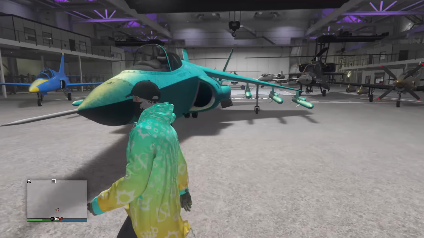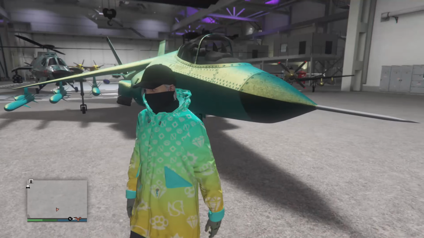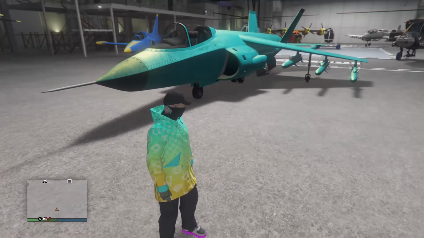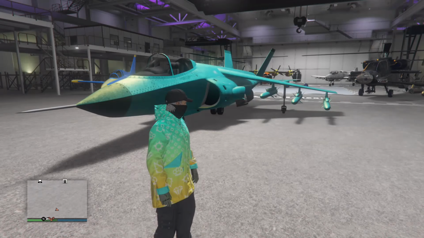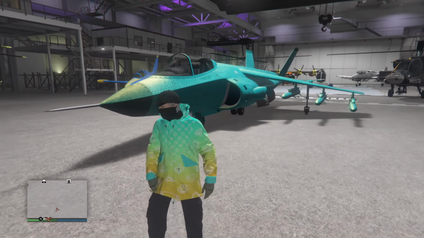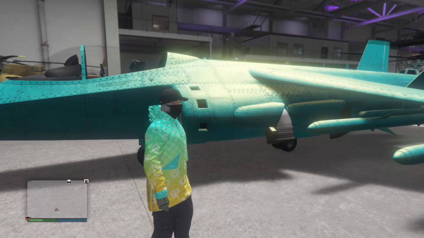This bad motherfucker right here has been out since pretty early on in the game. I think since the first Heist came out. It came out alongside all the first Heists and that mission where you had to storm the aircraft carrier. This thing is nasty because it's one of the fastest vehicles in the entire game, going from point to point